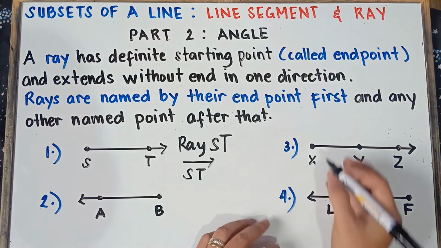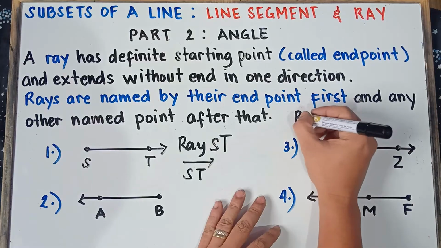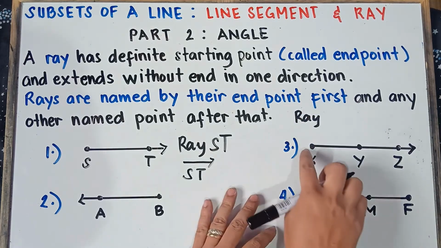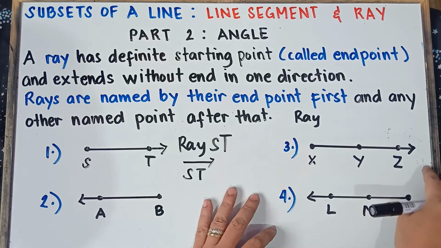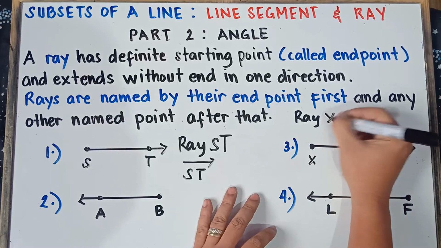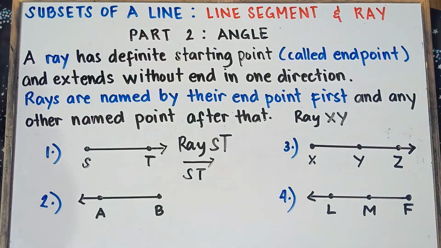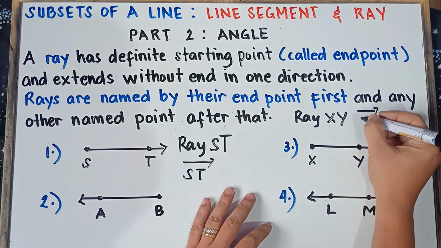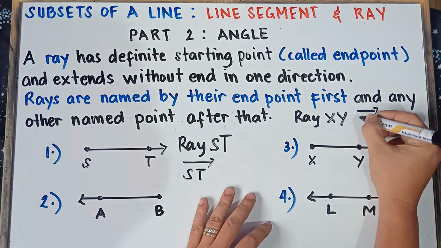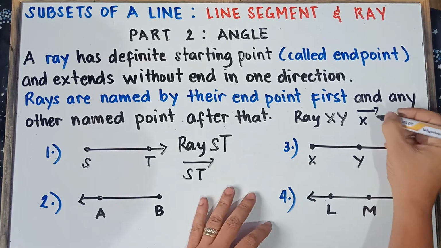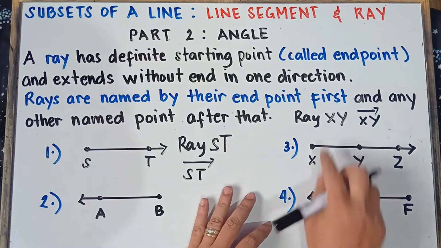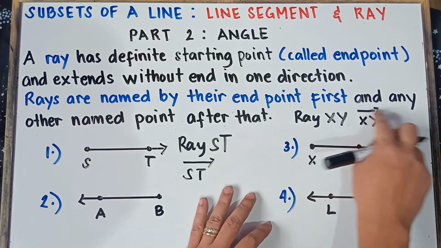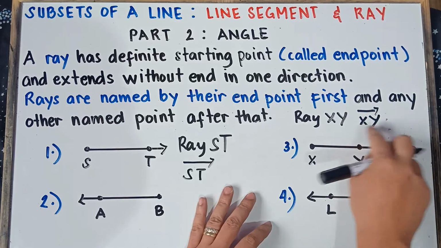That's correct. You can name this one ray. So we can have the word ray. Ray, start with the endpoint, and then going to the arrow. So you can have ray XY. That's okay. Ray XY, or we can use the symbol. So that would be ray X, once again, we can use the symbol, X, the endpoint comes first, and then Y. So that would be the same. Once again, ray XY is just the same with this arrow. So this is ray, and then XY.